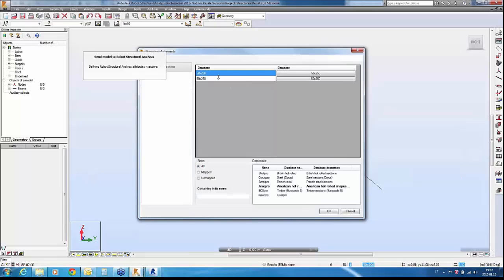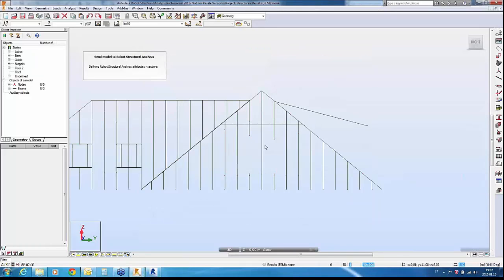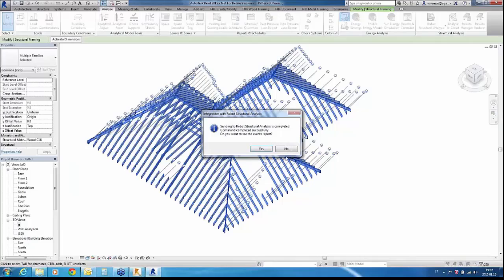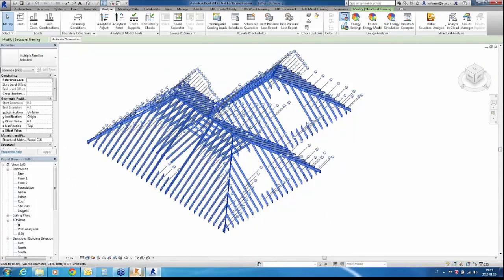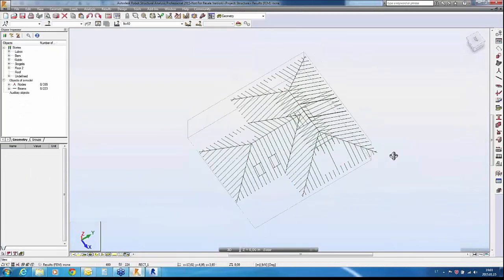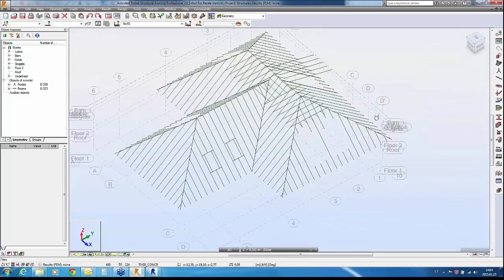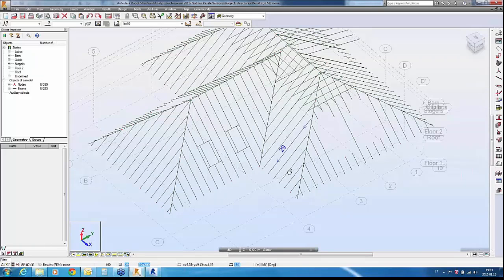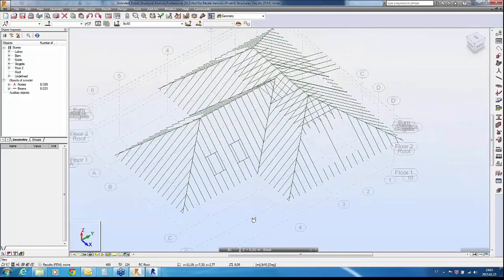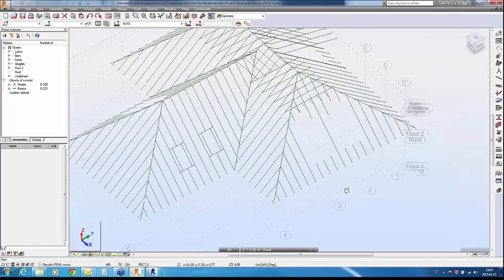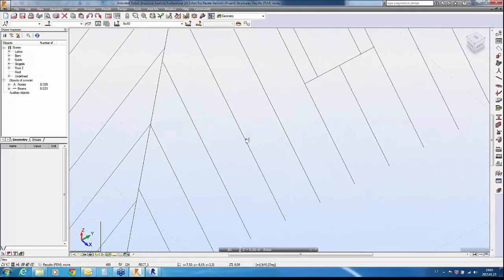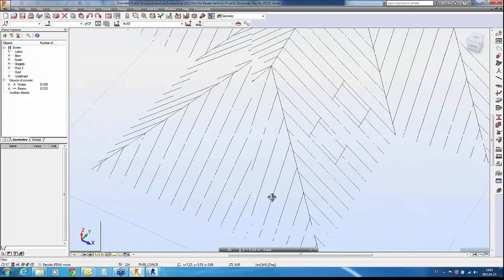Okay, it asks if this section can be used from database. Okay, I'll just hit OK, and we will see that our elements are now all presented in Robot. In just like 1 minute we have all this geometry inside Robot. So yeah, you will need to add supports, and maybe you will need to consider